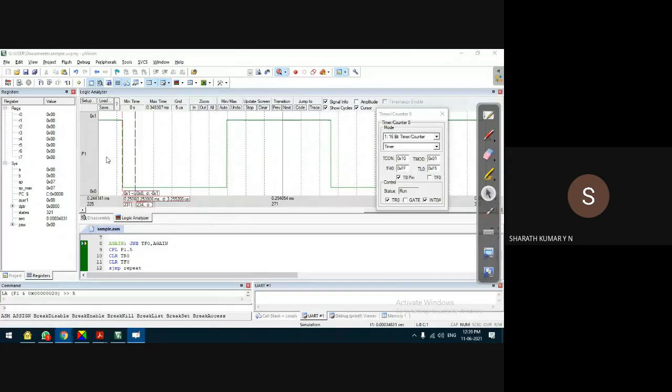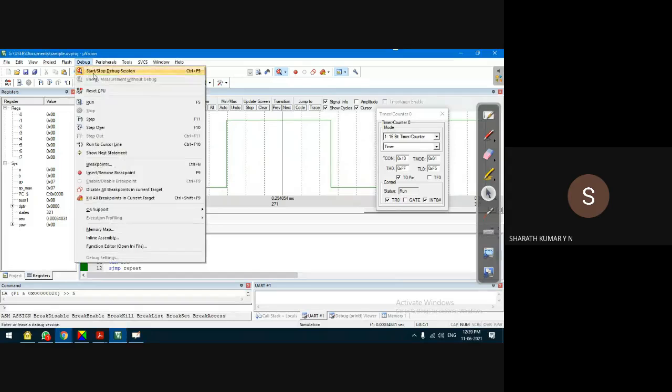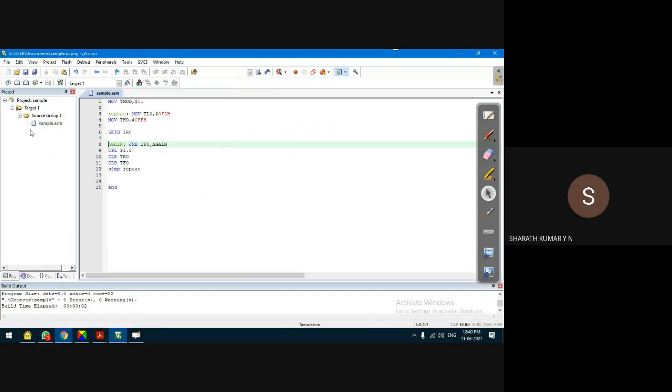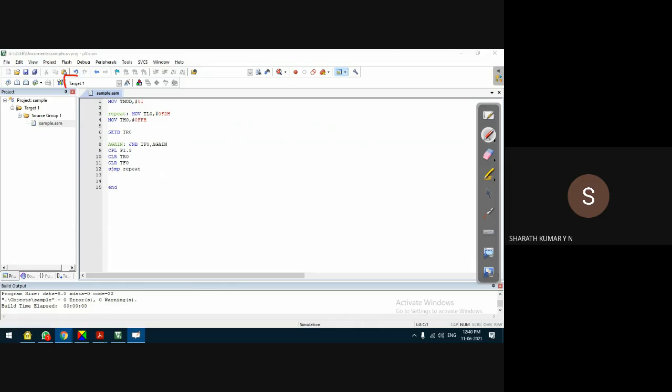For that, let us say this. I'll run the program, I'll go back again. I'll save the program. Let us run the program again. Save the file. Build target. Now next to this, you can see something on this window, Target. Next to that, there's one unusual symbol. This is options for target. Click on this options for target.